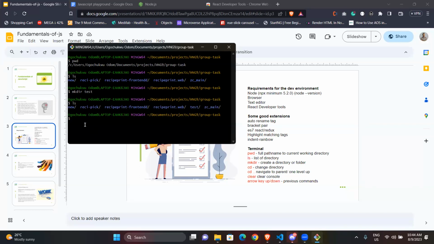So now let's say I want to change directory. I just need to do a cd. I know some of us are experts at this thing, so I'm just doing it for the benefit of doubt. So cd, change directory, and I say I want to go to tests. I'm inside the test folder now. If I want to go out of this test folder, I just do cd and then 2 dots, and I'm out of this folder.